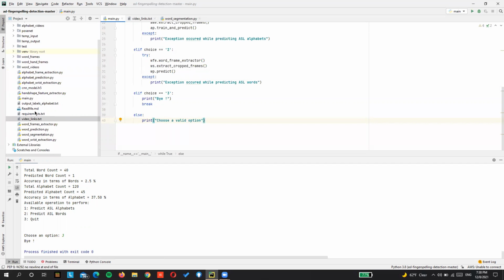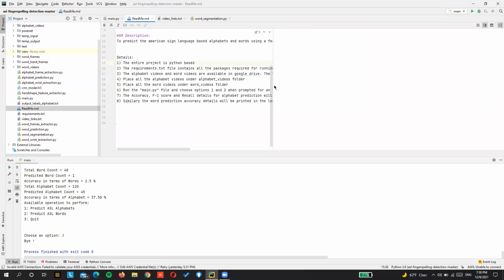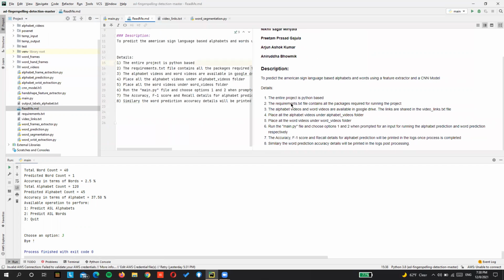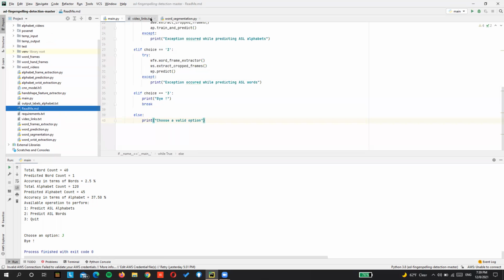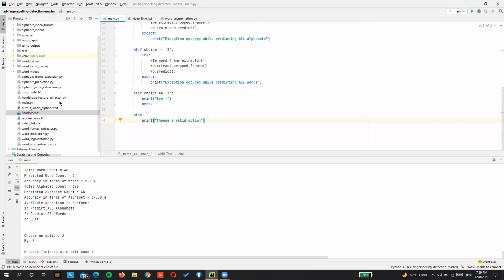Apart from that, there is a readme file available which gives you a description of what needs to be done, step by step, to go through the entire flow. And there is also a requirements.txt file which can be utilized for installing all the required libraries. Thank you.